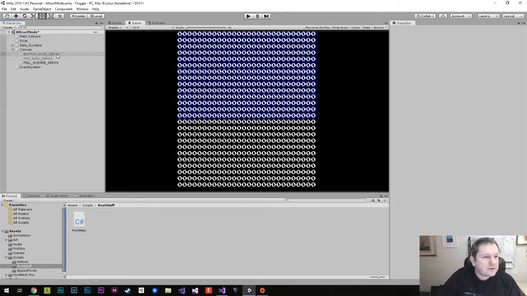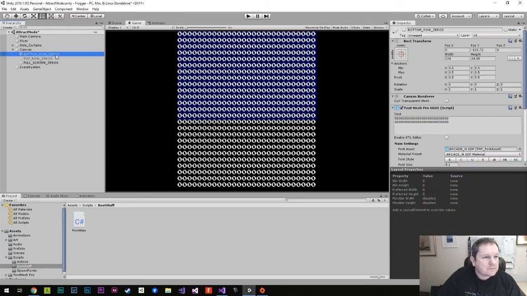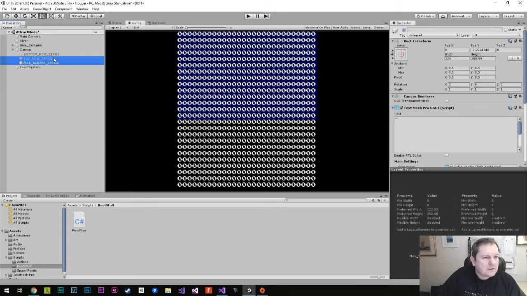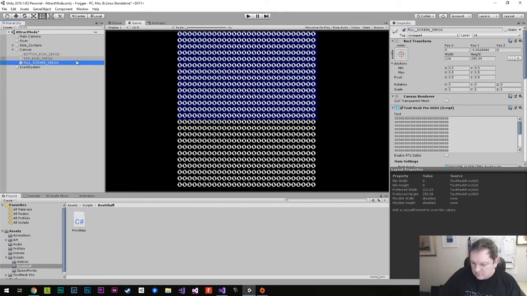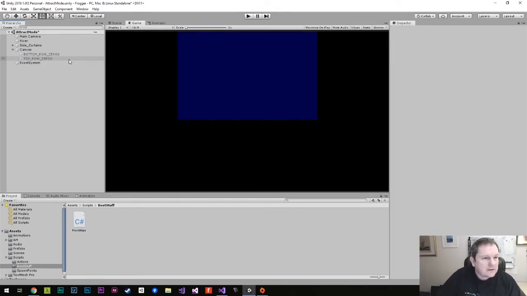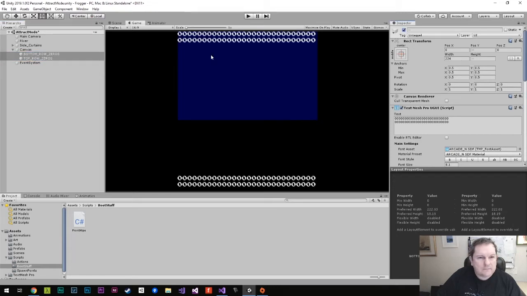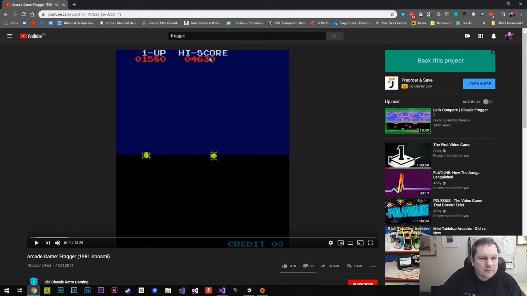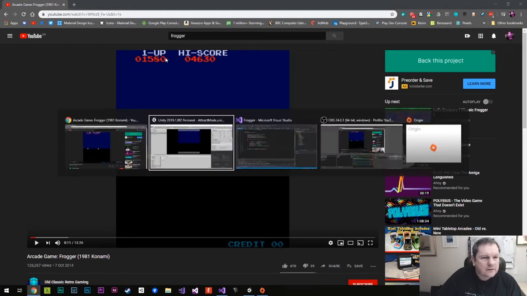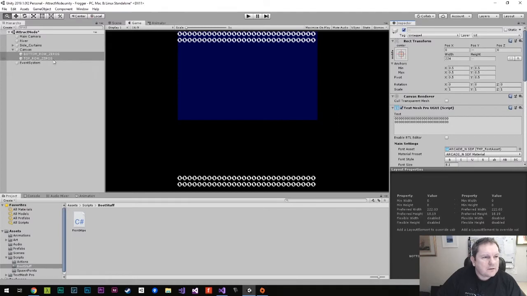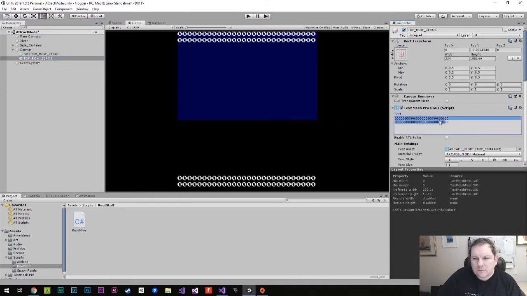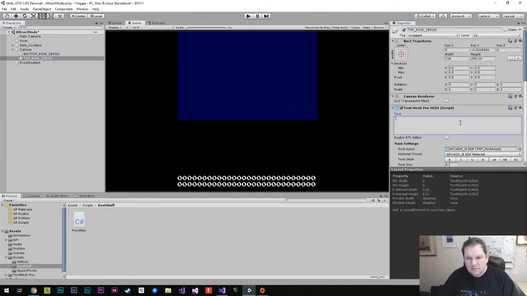So let me get rid of the scene controller because we don't need that for this one. This is the attract mode. We don't need the bottom. Actually, we don't need the full screen 0, so we can get rid of that. And then we can change these to being visible. Then we can change that to 1-up and high score. So that is 0, 1, 2, 3, 4, 5. So that's 5. So top row is going to be 1, 2, 3, 4, 5,